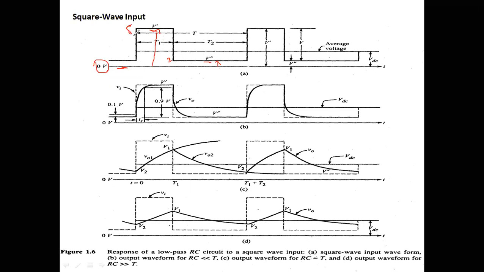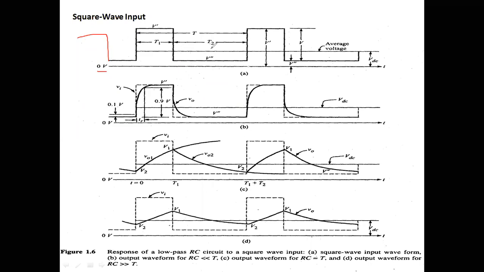Like this: this 5 volts is with respect to the zero line, meaning you have connected a voltmeter with one terminal at the zero line and another at the peak. Similarly, here you connect a voltmeter and get 2 volts with respect to the zero line. This is regarding your square wave. The square wave will be like this: a zero reference level and a sequence of pulses, with pulses here also. There is no starting point and no ending point.